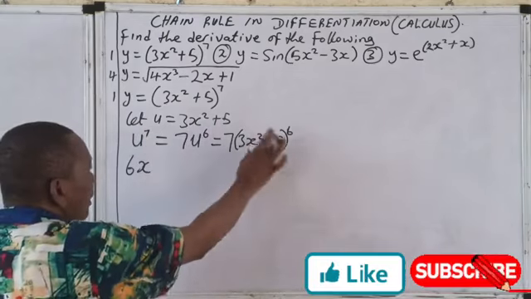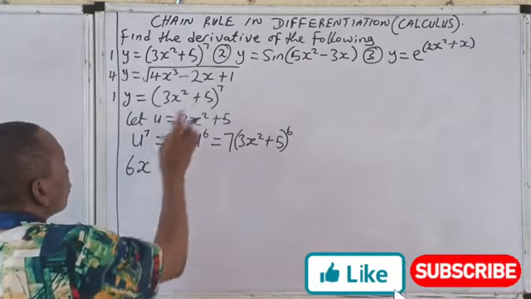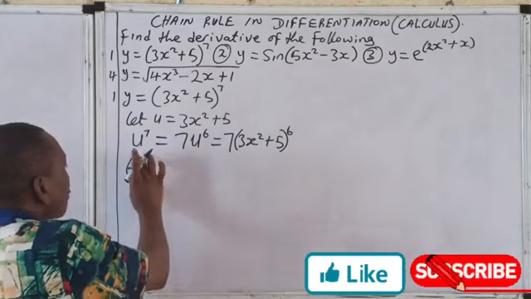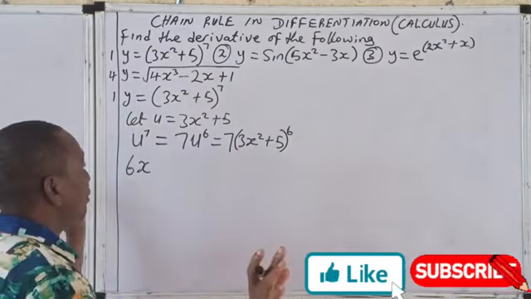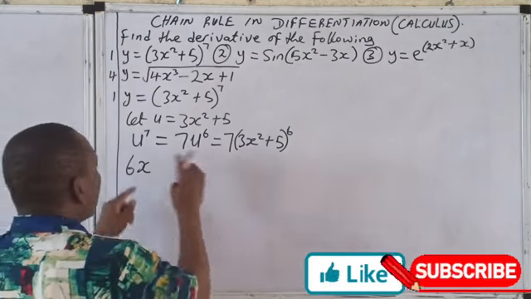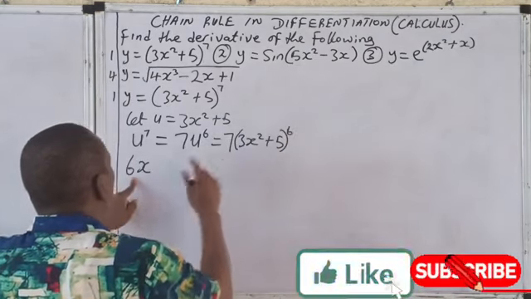You have differentiated the interior, this is your answer. So just use this to multiply this, and that is your answer. So how do I do that? Use 6x to multiply this. You now have,